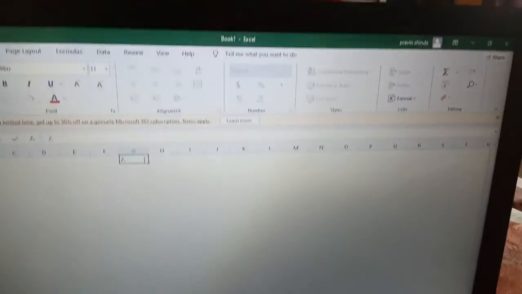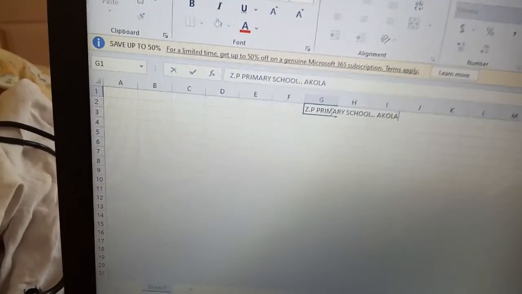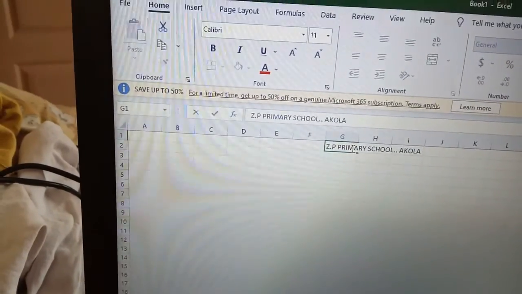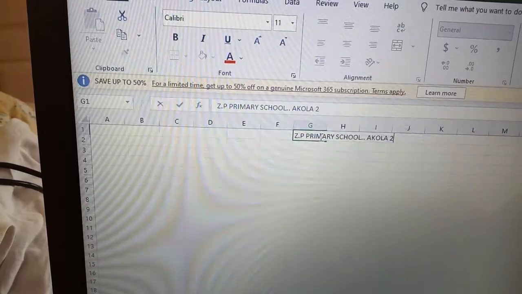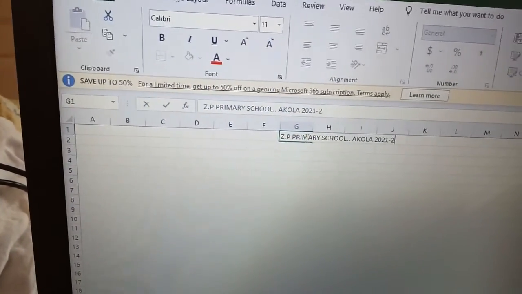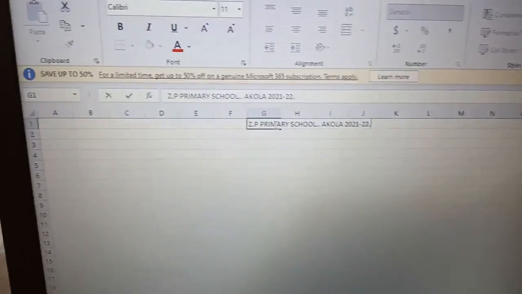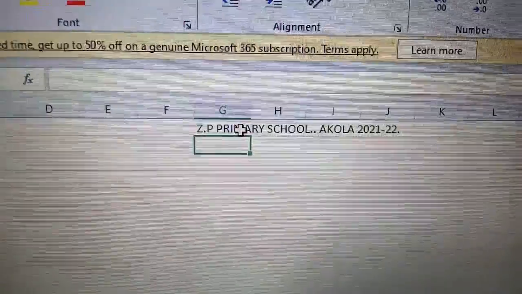So I will write here ZP Primary School, and where it is located I will also write, and the year also, that is 2021. Wait, somewhat wrong, it is 2021 to 22. Like this I will write, and then press enter. As you can see, the school name is printed here, ZP Primary School, Baroda 2021.